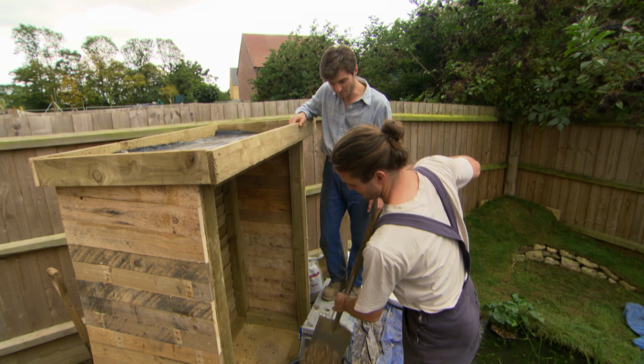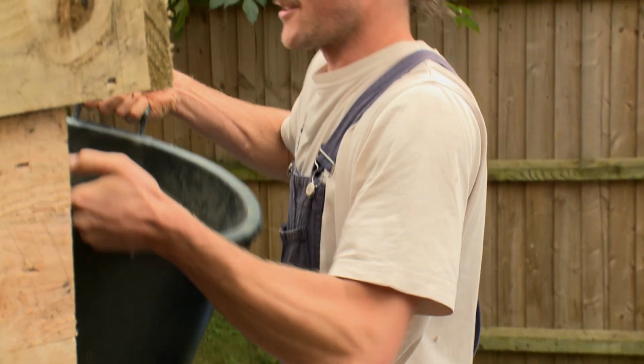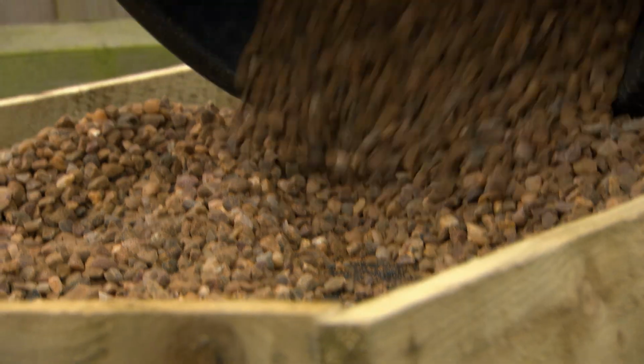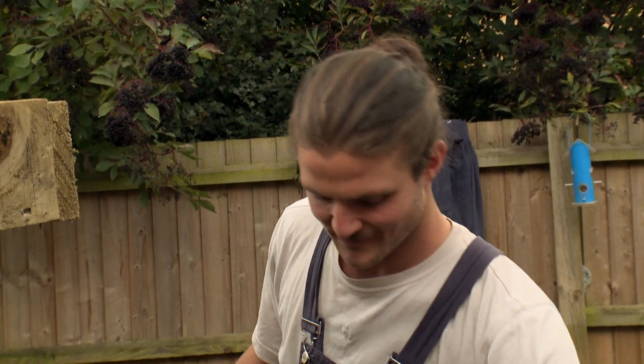Just in time to water seed them. Charlie's idea for a green roof on the shed will give Manjinda yet another planting opportunity, this time a high-rise one. Lee's made this lovely shed with this tray on top as well, which means that we can plant up